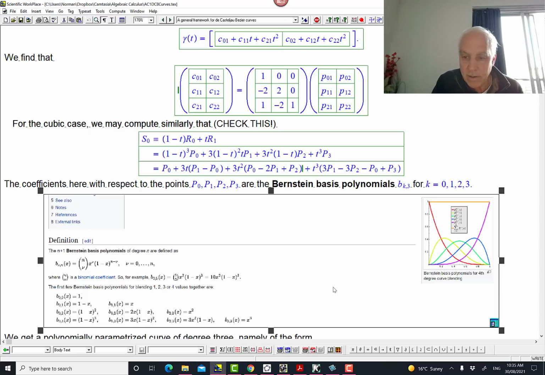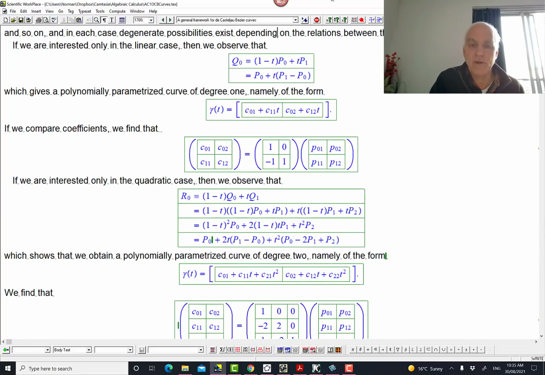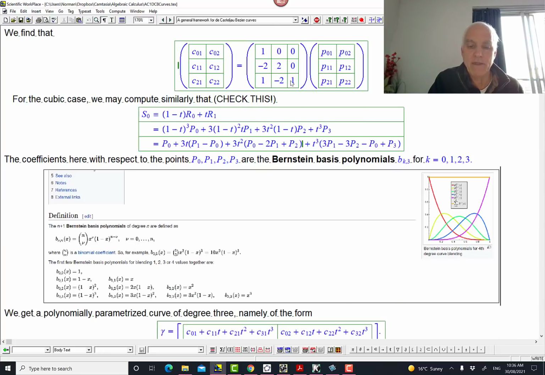This next one is, well, maybe I can't read these. This looks like the degree 4 ones, so a 4th degree curve. This is one higher degree, but in any case, it's a similar kind of thing. If you plot these things, you get some nice curves that look a little bit like this. Now, this is all for degree 3, but you can do this for any degree. So what we've seen here are the Bernstein basis polynomials of degree 2, and actually, we also saw they are of degree 1. Okay, so interesting. Mathematics is naturally connected.